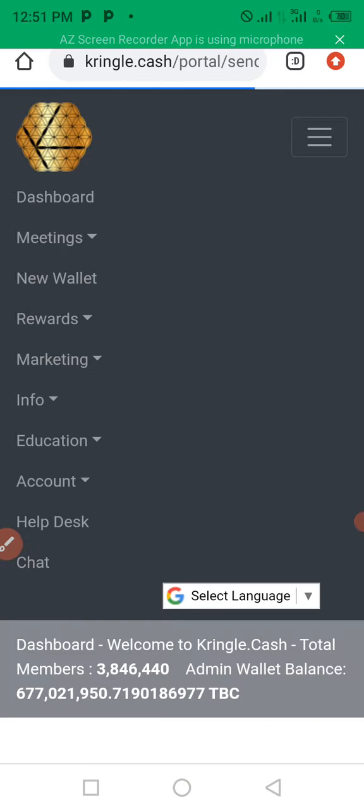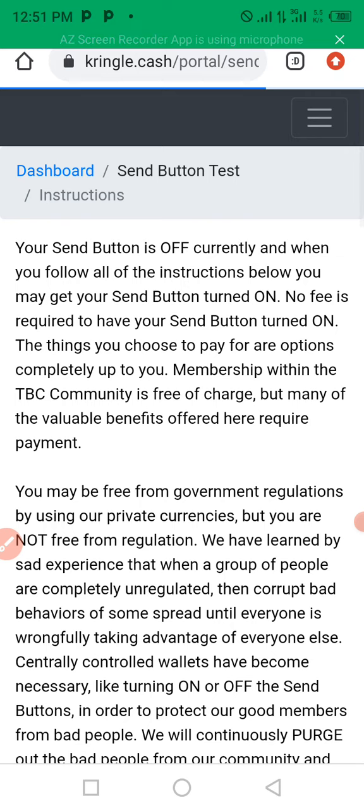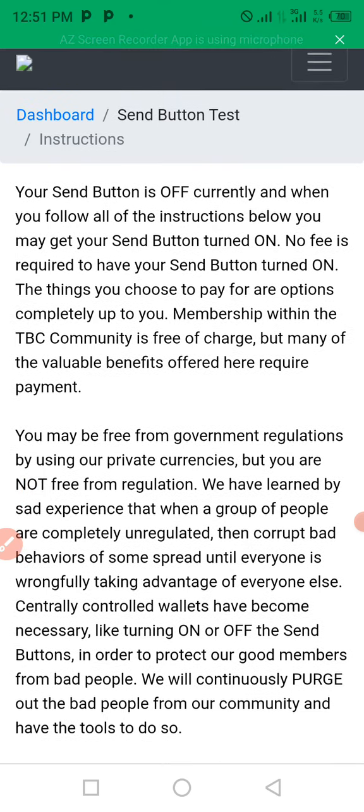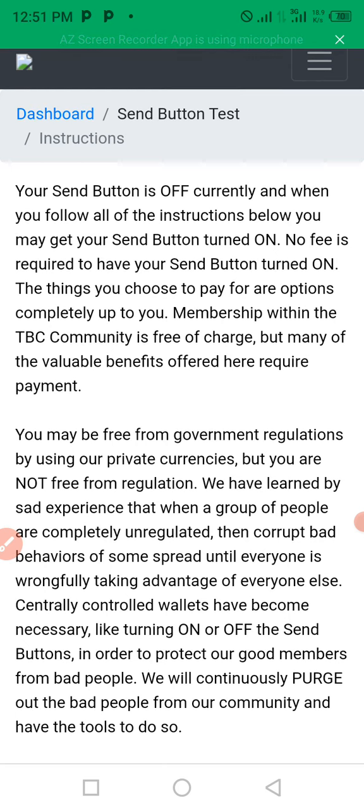As you can see, your send button is off currently, and when you follow all the instructions below,